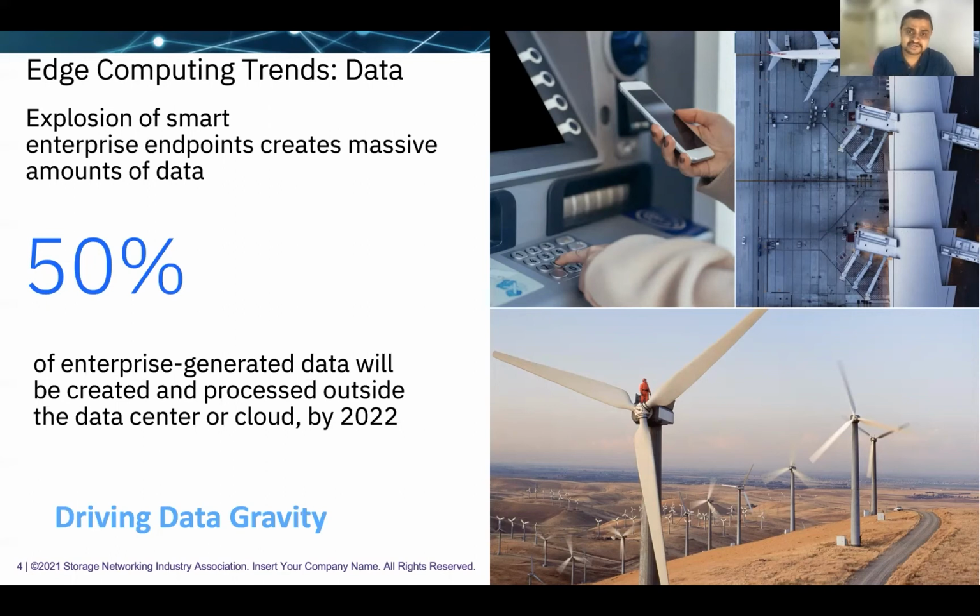There's been new generation equipment that's coming into the manufacturing flows, in the hospitals, in the healthcare industry, and all this is creating massive amount of data. I just took a number from one of the analysts which says 50% of enterprise generated data will be created and processed outside the data center, outside the cloud, which is actually enabling edge computing, and this is somewhere around 2022-23 timeframe.